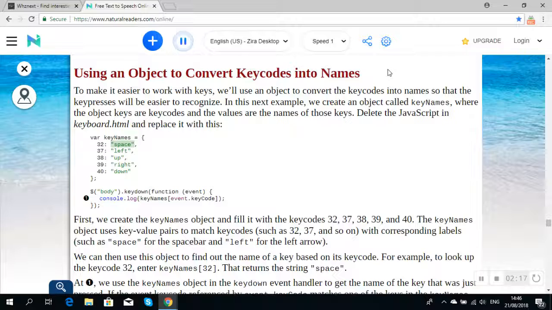32: space, 37: left, 38: up, 39: right, 40: down. Then: $("body").keydown(function (event) { console.log(keyNames[event.keyCode]); });